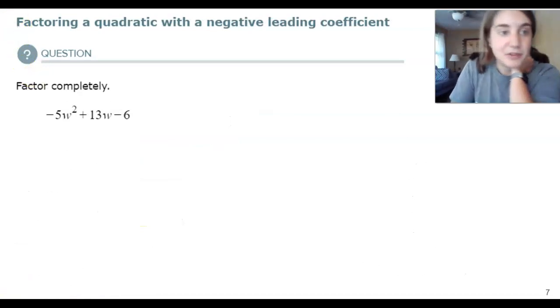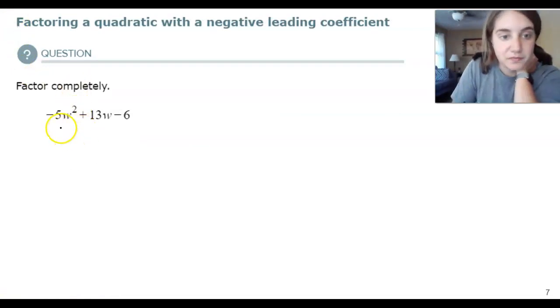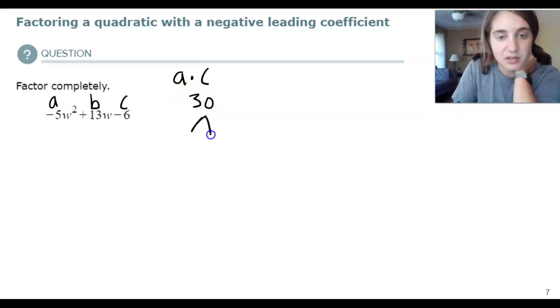Okay, this is the last one. I want you guys to try this one on your own. We have A, B, and C. So go ahead and pause and try this on your own. A times C is positive 30, but adds to our B of 13. So I'm thinking of my factors of 30,